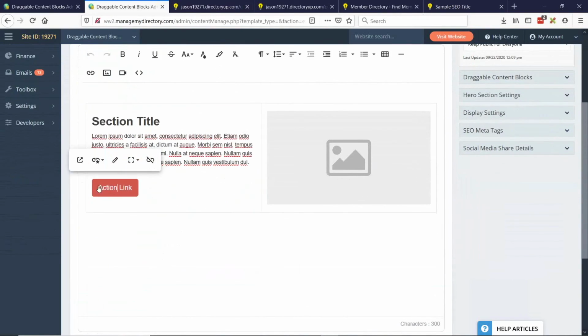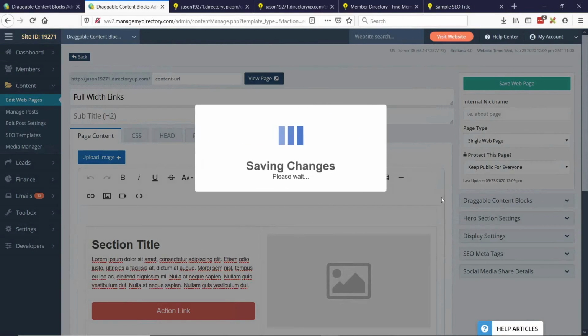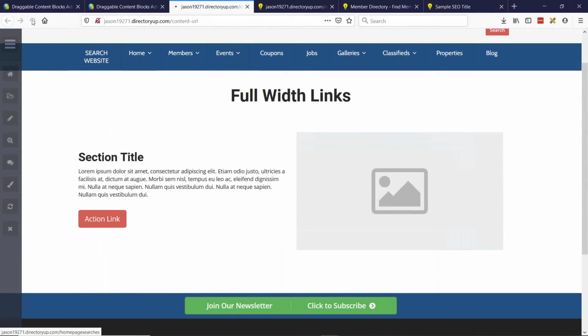You just click on the link where you get the different settings to edit the link, choose the class or the style of the button. Here you can toggle full width. So I'll just click that, and we can see very simply it makes it fill the entire width of the section. And again, this is just subjective aesthetics of what you're looking to do with your site, but it's pretty common that you may want a full width button there.